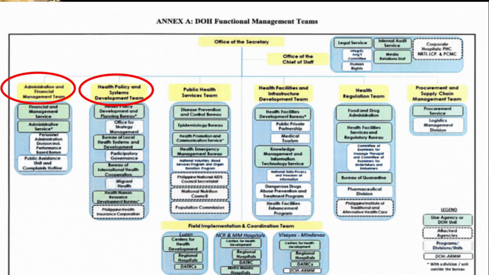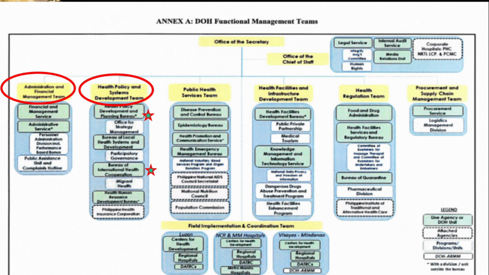The second team is the Health Policy and System Development Team, which is in charge of the health sectoral policies. Under this bureau is the Health Policy Development and Planning Bureau. This is the DOH team who attends budget hearing. The Bureau of International Health Cooperation is the link of the DOH to the international partners like WHO, UNICEF, and